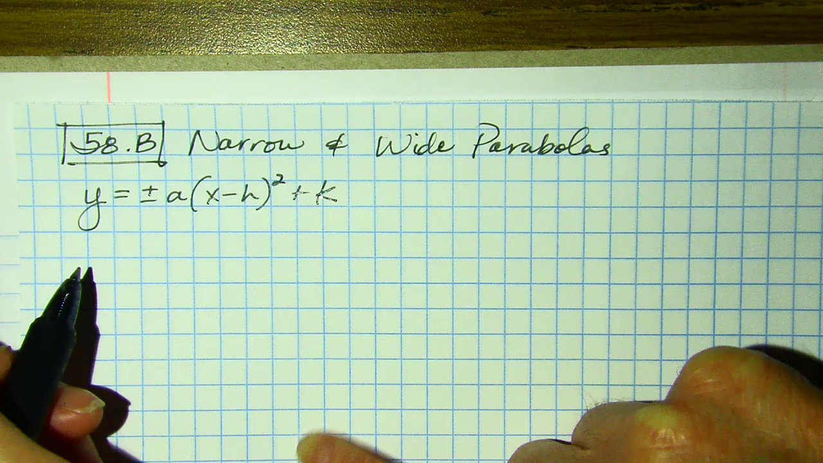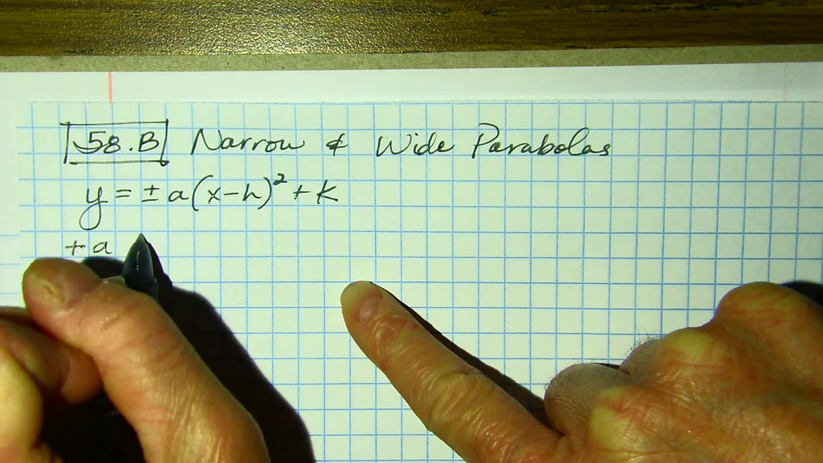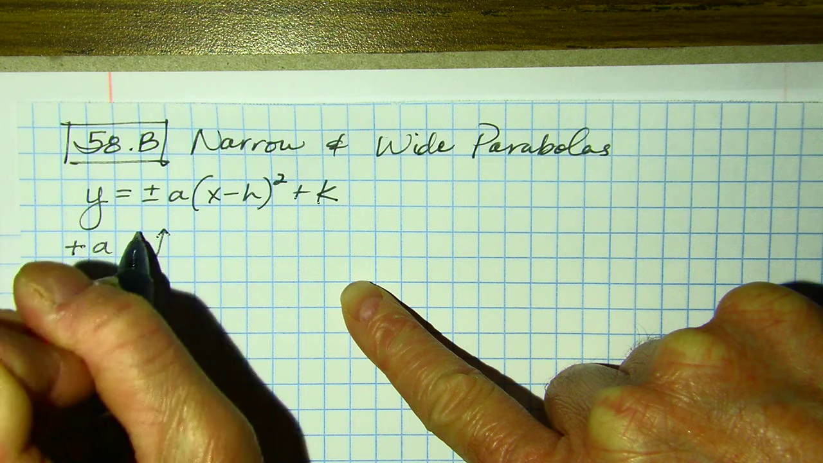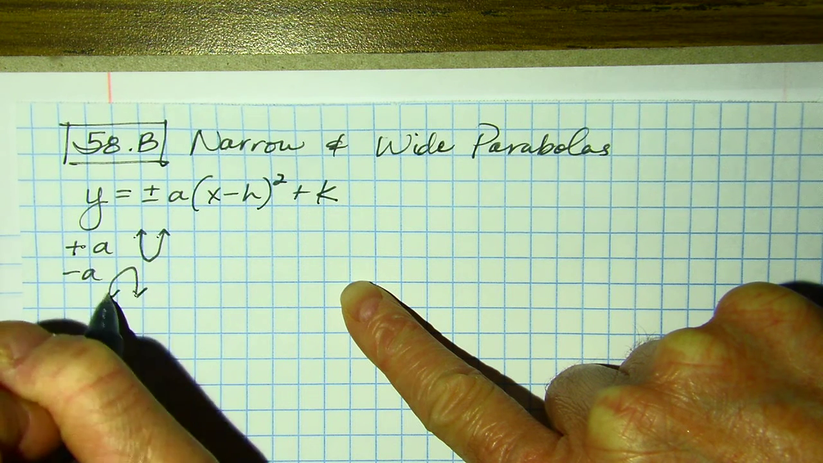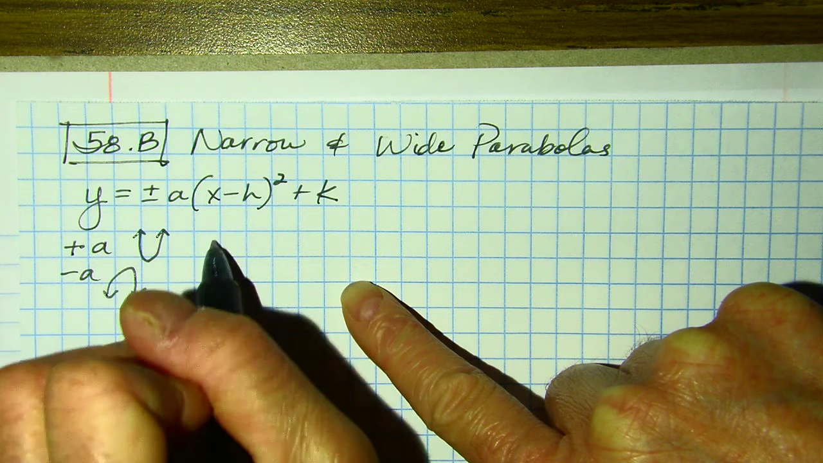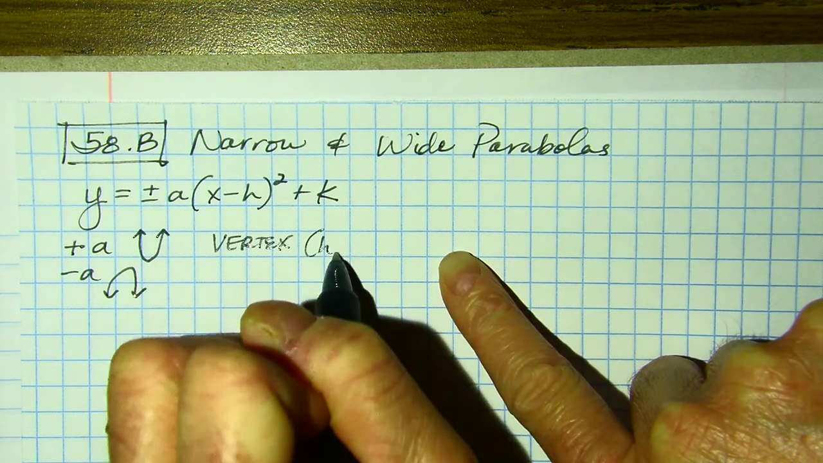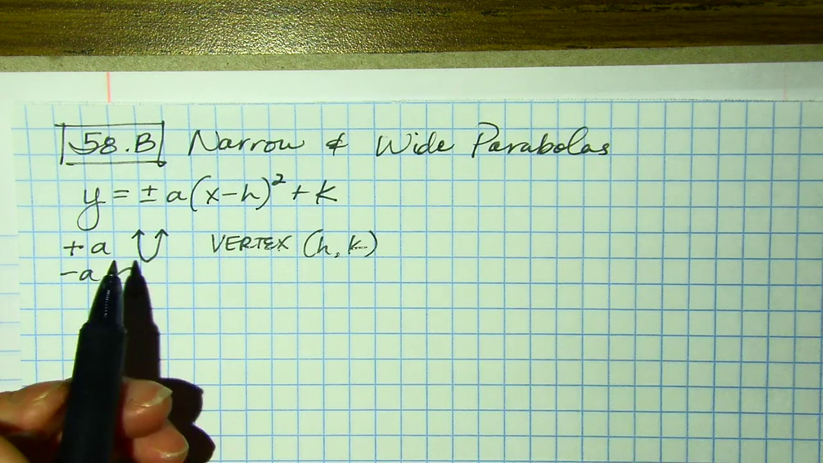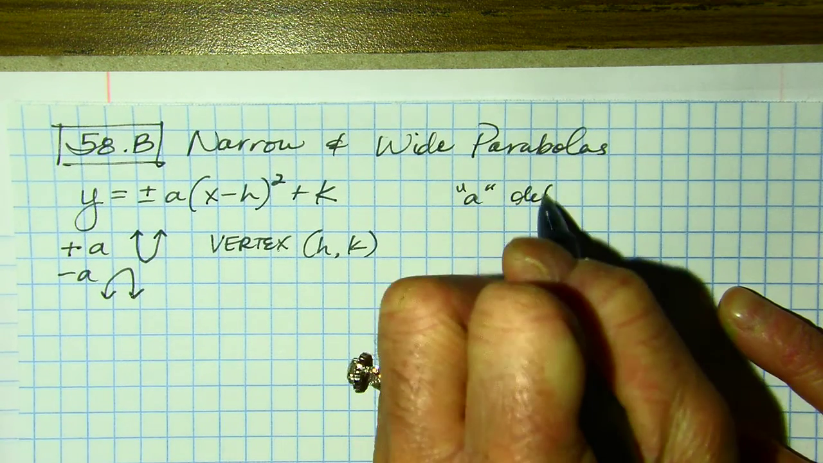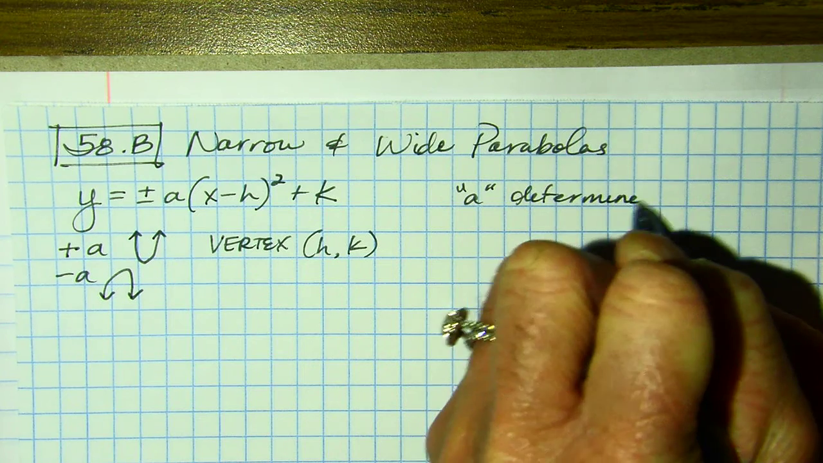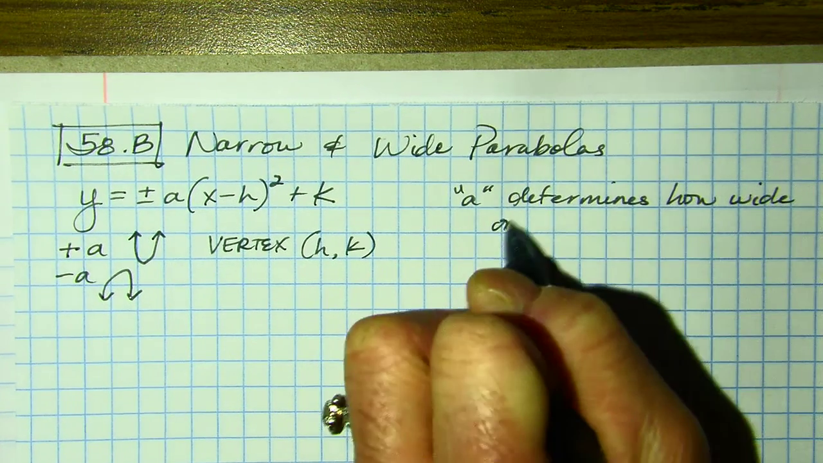Let's go over what I know. I know that if a is positive, if I have a positive a, my graph points up. If I have a negative a, my graph points down. And I know that my vertex is whatever h comma k is. Now, a also determines how wide or narrow